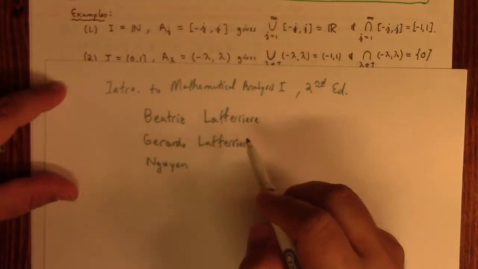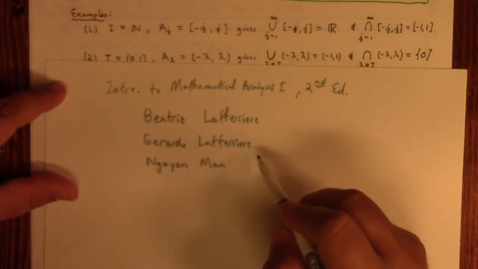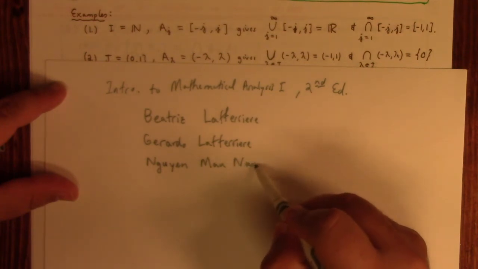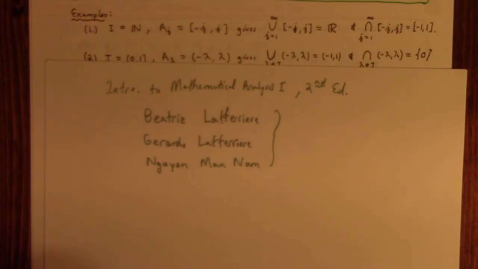I'm used to seeing that as a last name, but anyway, Wynn Maunam. So these 3 authors have been so kind as to pour their heart and soul into making this wonderful